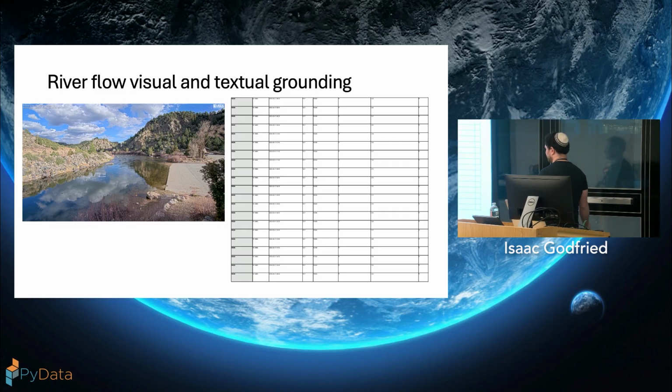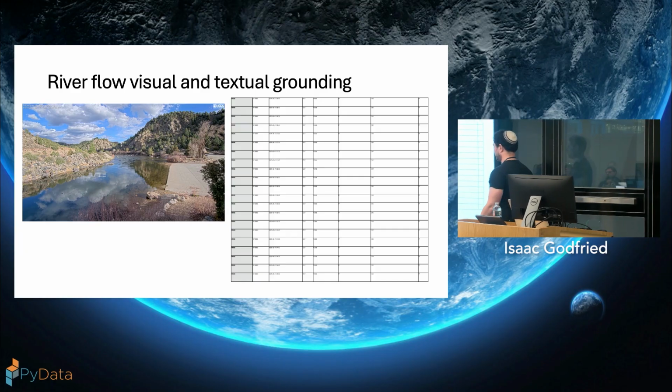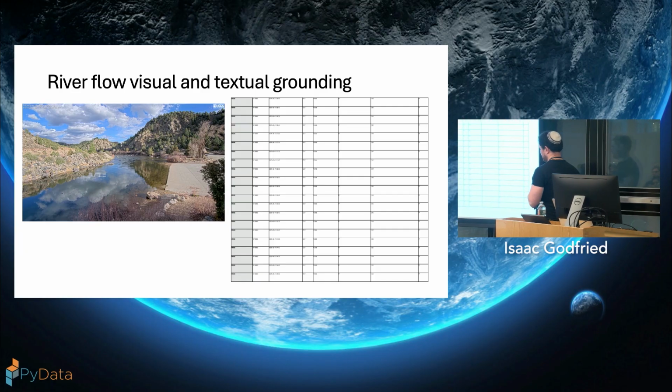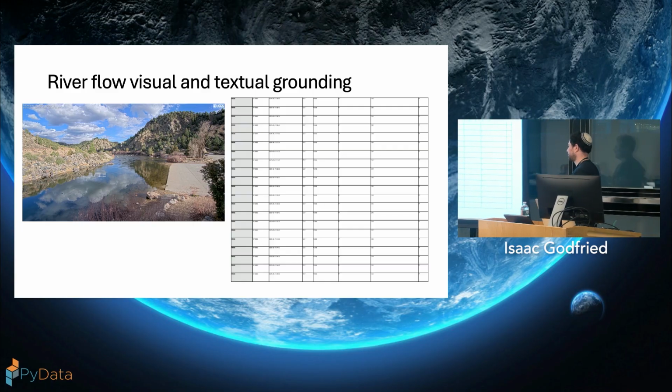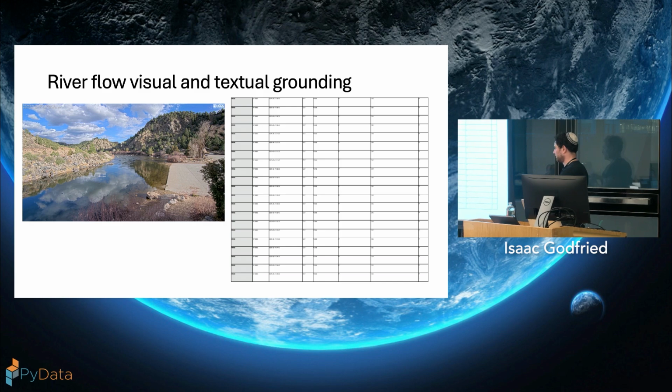So then if we do think, okay, we're getting, say, a flash flood in this area, we can then more know exactly where it would overflow, what path it might take. So this idea of using both time series, visually grounded time series for different parts of the river, is very useful potentially with